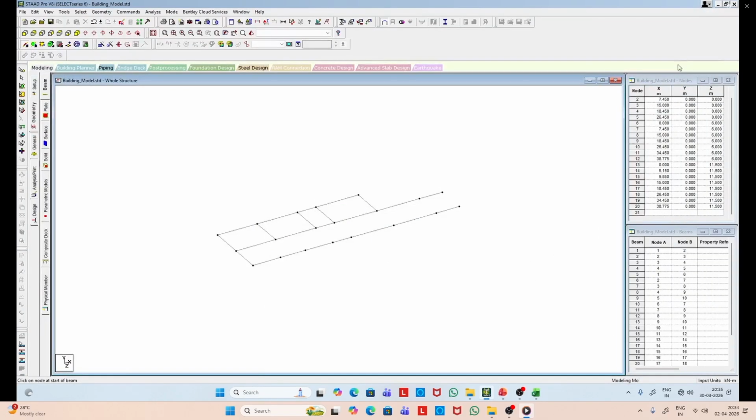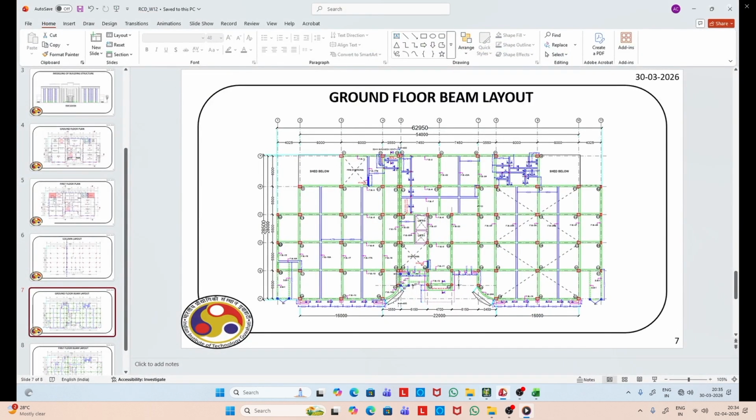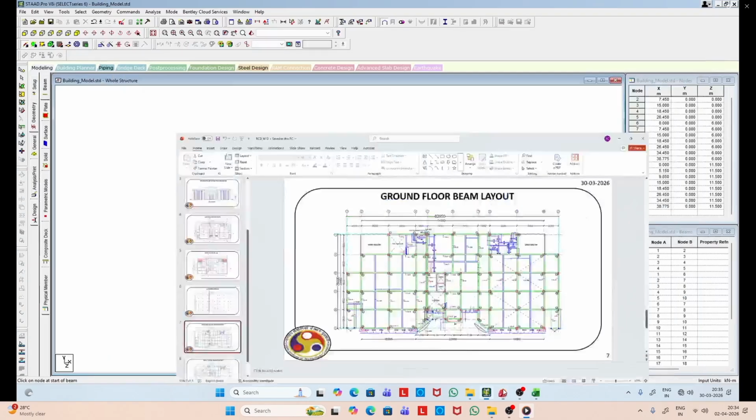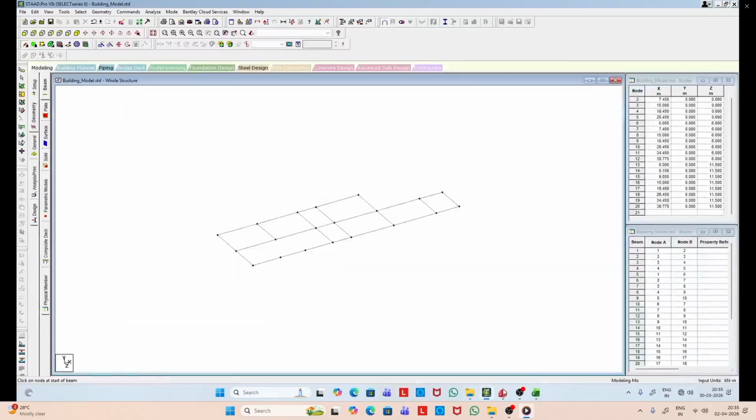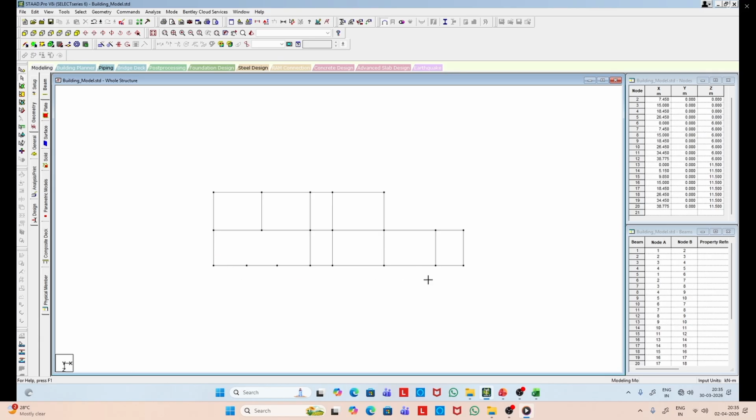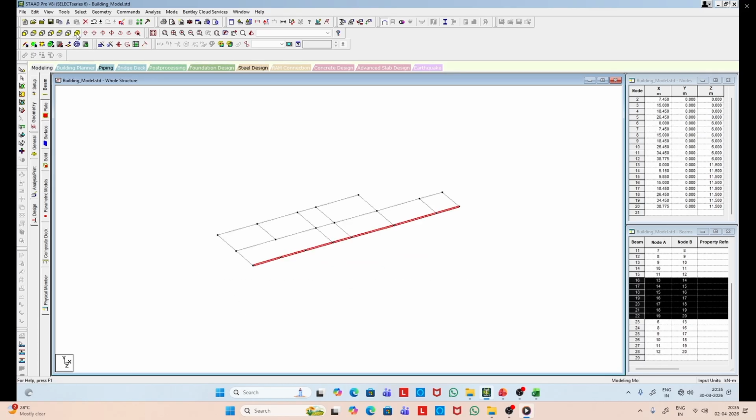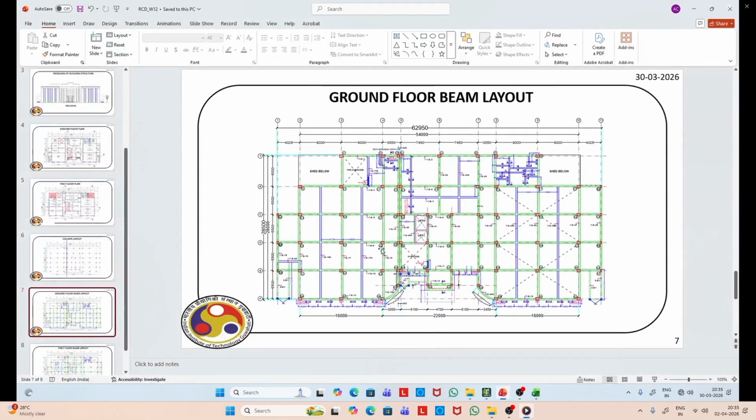We'll model that once the complete grid is created. So now we can copy this last grid line. So we copy the center line to form the next grid.